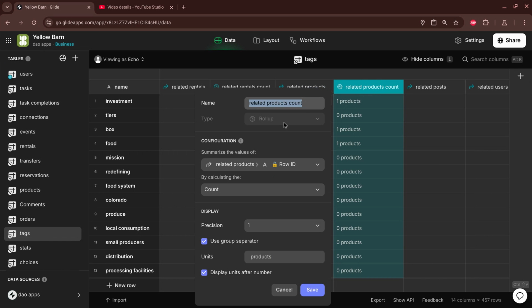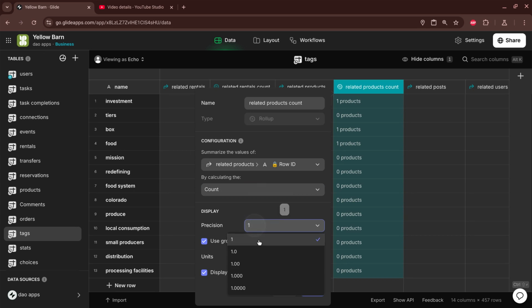And this is a roll-up, aka an aggregation column, where I am summarizing the value of all the related products, pulling from that relationship column, and calculating the count. You could also count unique. Precision could go down, but we're just counting the number of them, and then create just a unit, which is